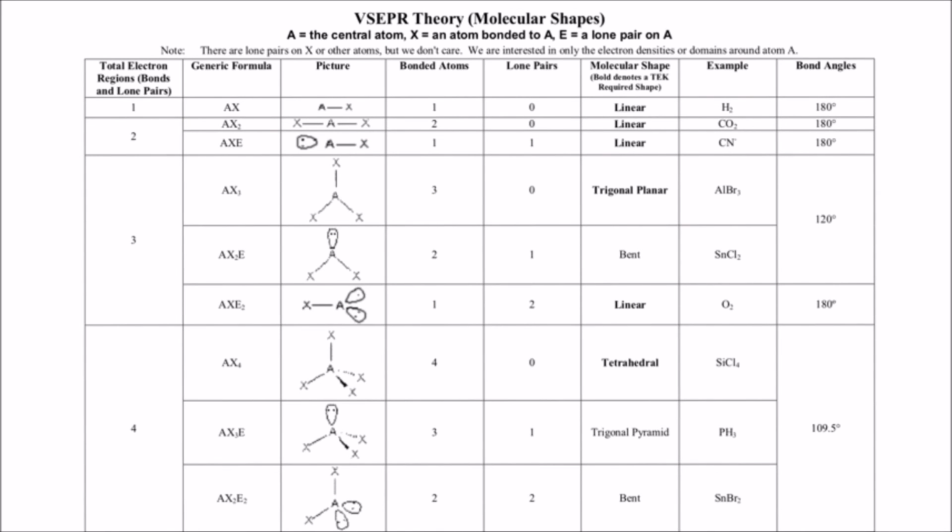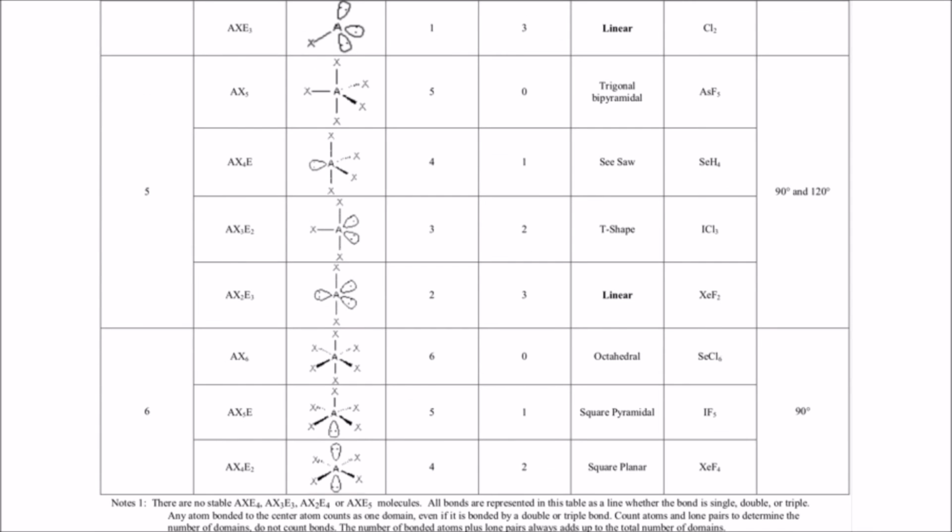On the first page of our chart, we don't go up to 5, so we need to look at the second page. So we have a 5 here, and we have a 5 here, and then in the second column, here's the 0. So our shape is going to be trigonal bipyramidal, and it would look like this. 2 of those chlorines are going to be straight up and down off of that phosphorus. One of them is going to be straight off to the side. One of them is going to come out towards you, and one of them is going to go away from you. Now, as it turns out, trigonal bipyramidal is not one of the molecular geometries that I'm going to